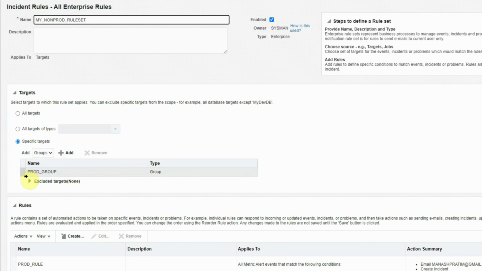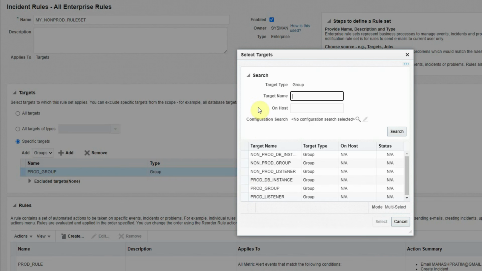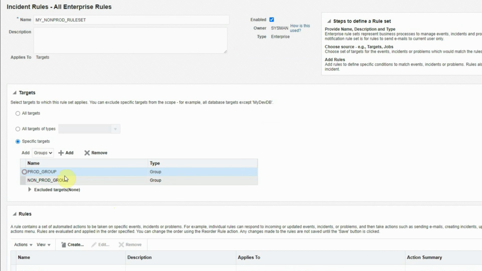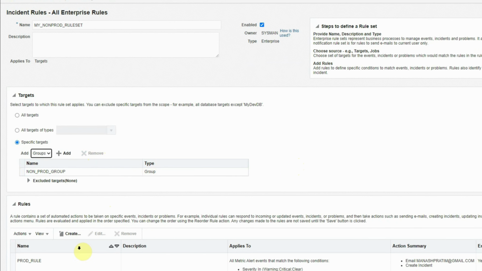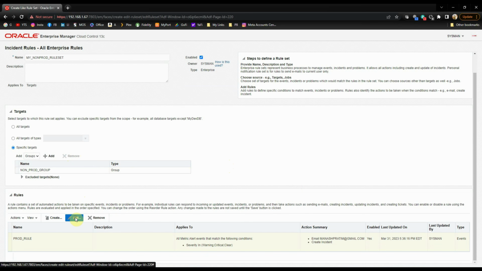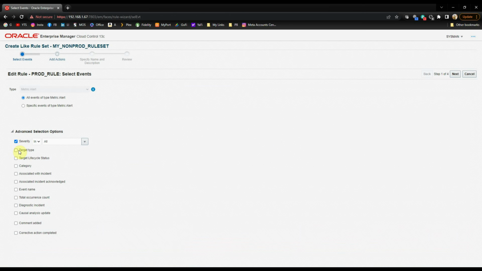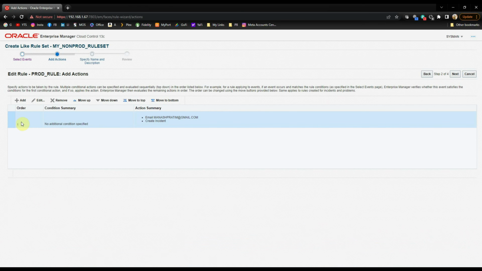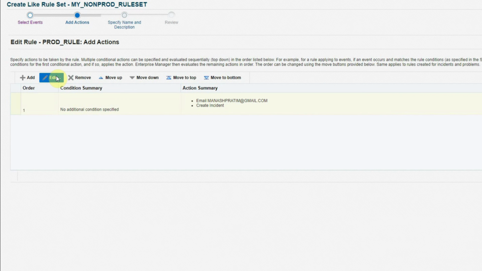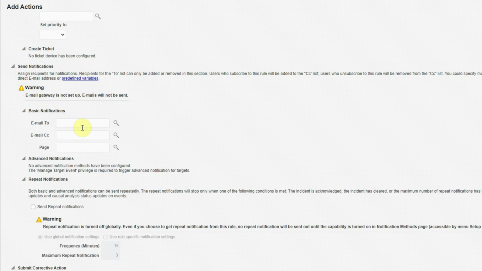Everything else will be the same, except we are going to add the non-production group here and remove the production. So we'll select the non-production group and we will remove the production group. Similarly, we will edit the rule and we will click next because we are not going to make any change here. But in the actions, we will click on the edit button again, and in this email